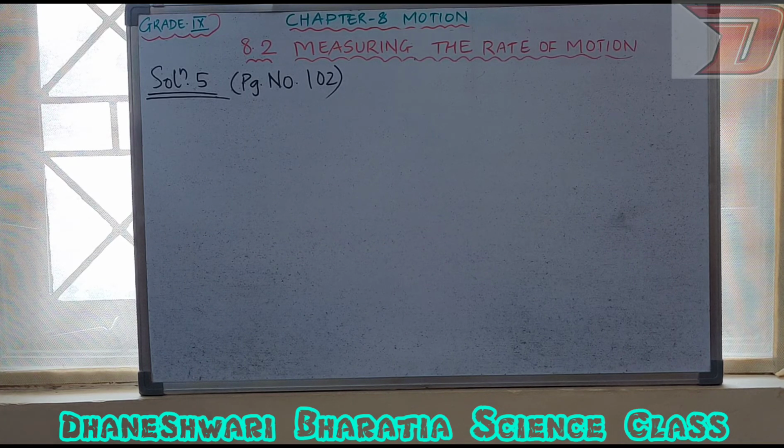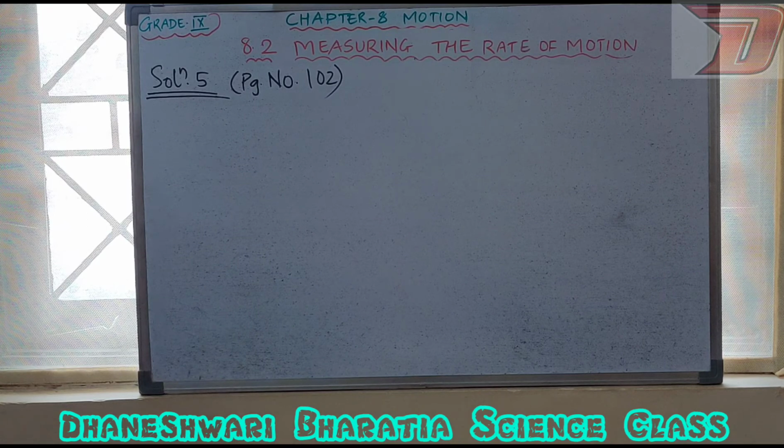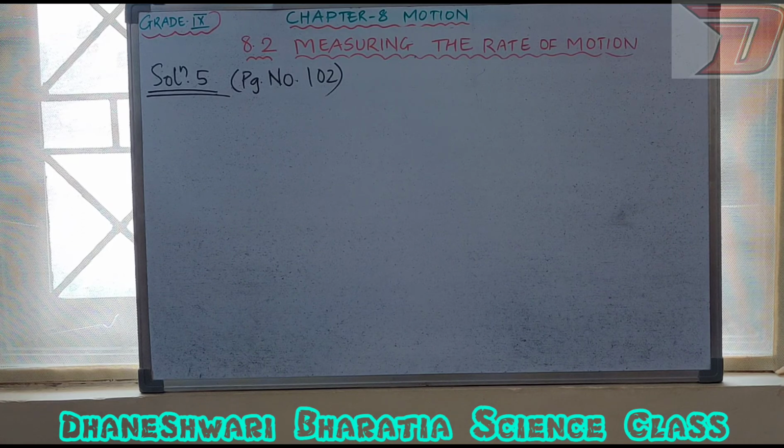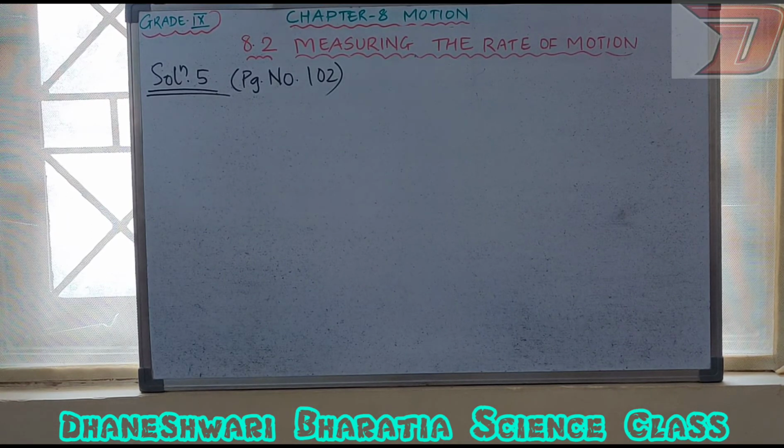The third question: what does the odometer of an automobile measure? What is the work of the odometer in an automobile? It measures distance covered by that automobile, right? In example 8.2 we have also seen that the odometer first gave a reading of 2000 kilometers at the start, and when that car reached a certain distance it showed 2400 kilometers, isn't it? Now the fourth question: what does the path of an object look like when it is in uniform motion? Yes, I forgot to teach you all the graphical presentation of uniform and non-uniform motion.